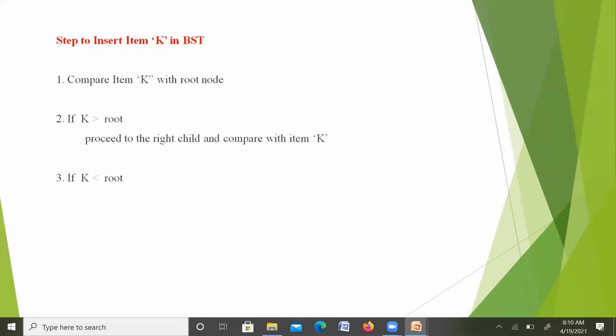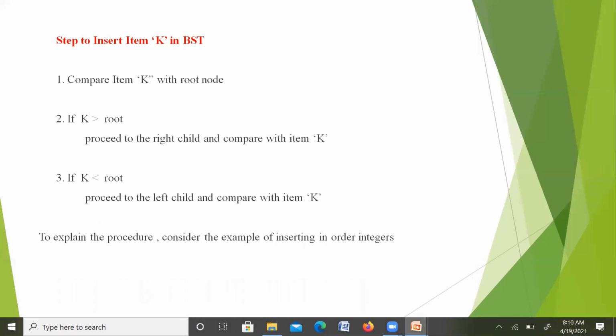If the value of item K is greater than the root node, then proceed to the right child and compare with the item K. And if the K value is less than the root node, then proceed to the left child and compare with the item K.